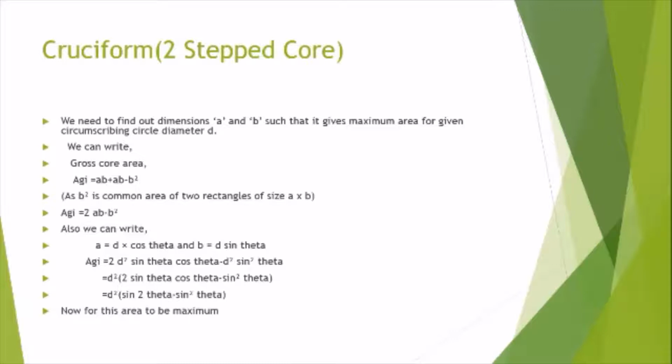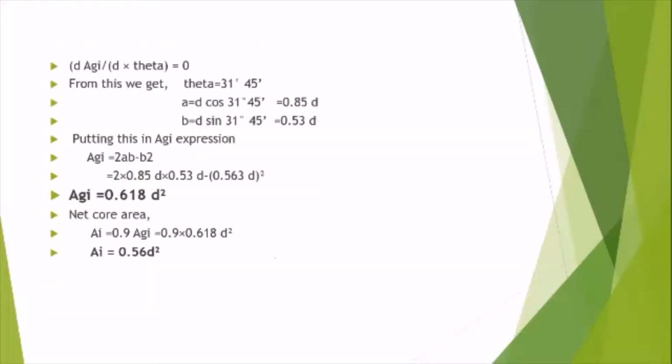Also we can write A is equal to D cos theta and B is equal to D sin theta. So AGI is equal to D square sin theta cos theta minus D square sin square theta, that is D square times sin 2 theta minus sin square theta. Now for this area to be maximum, we can write d AGI upon d theta is equal to 0. From this we get theta is equal to